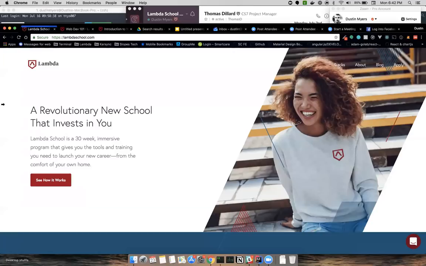I want you to try and pinpoint what part of this website is HTML, or what the HTML is doing and defining, what the CSS is doing, and where JavaScript would come into play in this specific site.